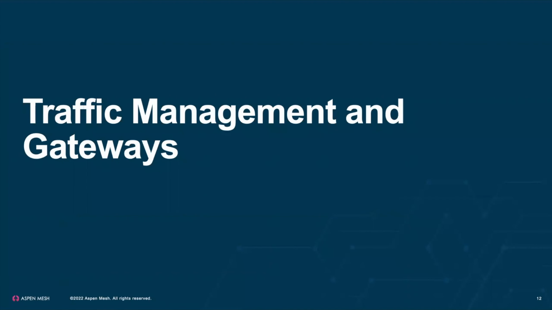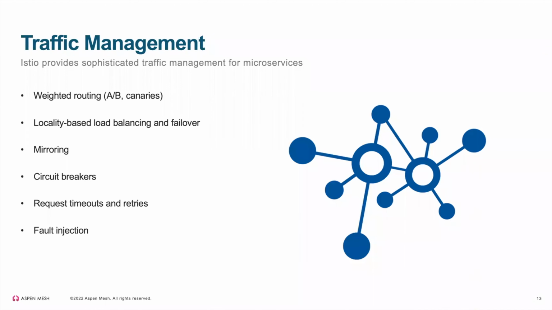So kind of the second step that most people try to leverage, or second set of features that people leverage, is traffic management. So you can do some pretty complex traffic management, as well as controlling ingress and egress into the service mesh. And we'll walk through some of those. Out of the box, there's a lot of stuff that you can do in terms of managing traffic to your workloads that are running in Istio.